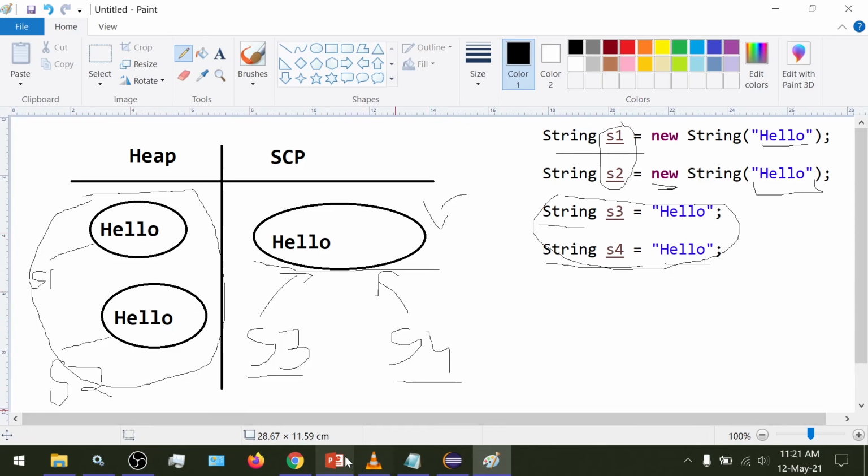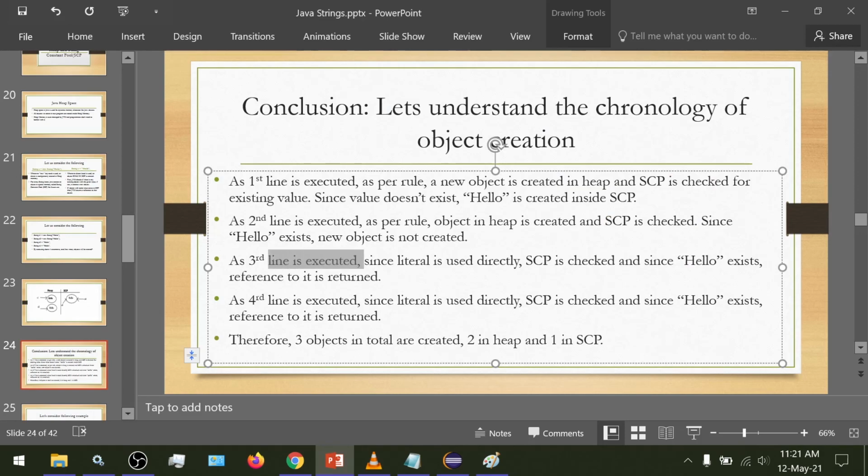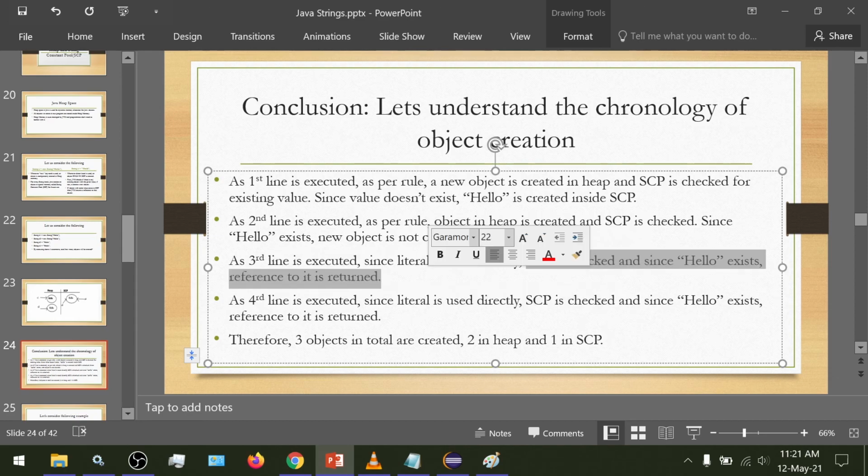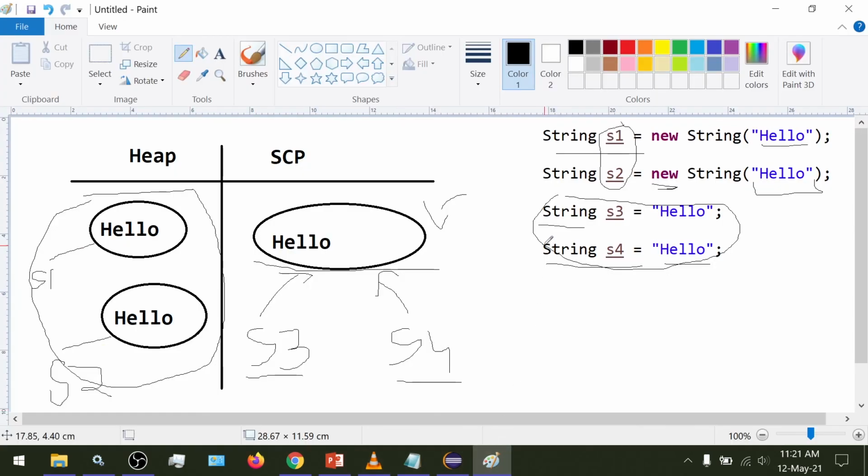Then we go to line number 3. As line 3 is executed, since a literal is directly used, the SCP is checked, and since hello exists already, a reference to hello is returned. So as we saw, s3 gets a reference to the object in the SCP and points to this object. Then for line number 4, s4 = "hello".